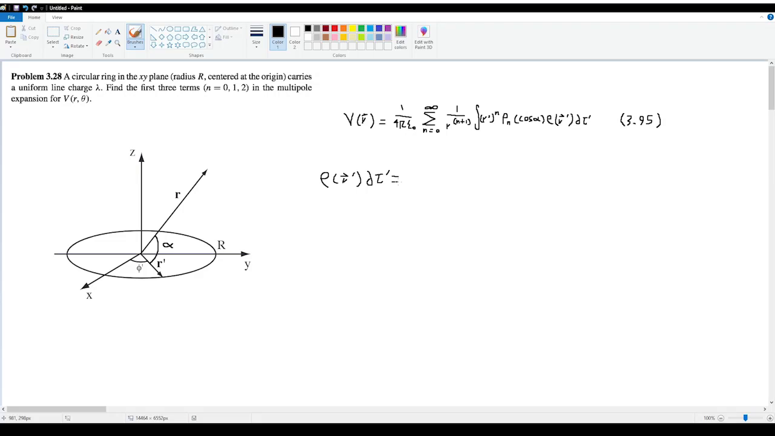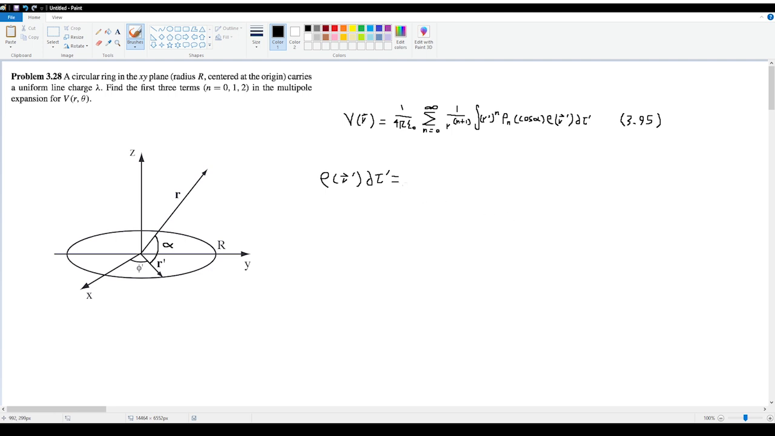So here we have problem 3.28, and I've taken the liberty of writing down equation 3.95 from the book, and that's what we'll be using to solve this problem. Before we can begin plugging things in, we have to figure out the rho d tau term and the cosine alpha. So for rho d tau, this is just going to be lambda dl prime,